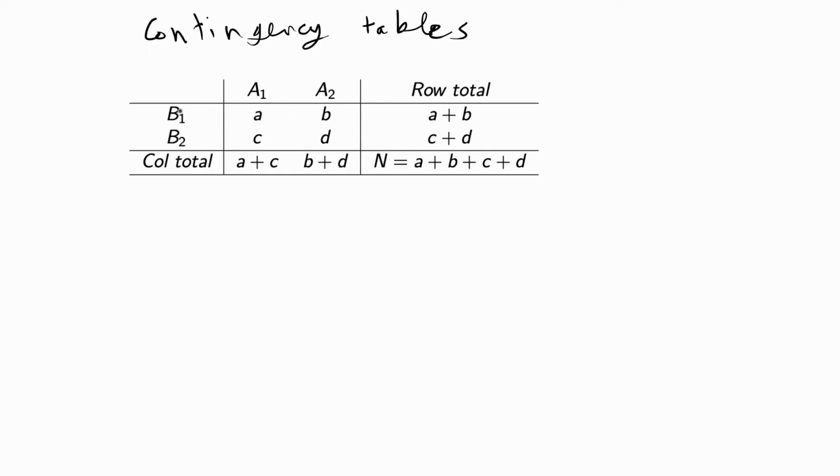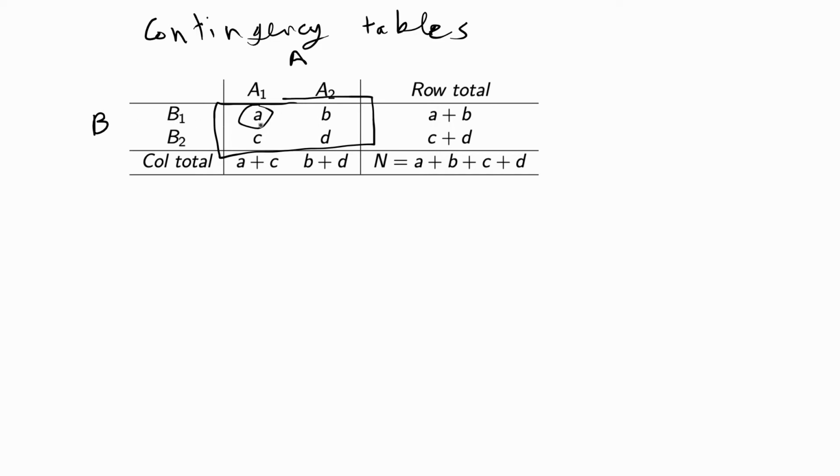So in this video, I'm going to do an example where I have two categorical variables and each variable has two factor levels. So let's say I have a categorical variable called B with two factor levels B1 and B2, and then I have another categorical variable A with two factor levels A1 and A2. So I want to test the association between the variable A and B. Then I would have a contingency table that looks like this. So this box here has the observed frequency counts for each distribution of level A and B.